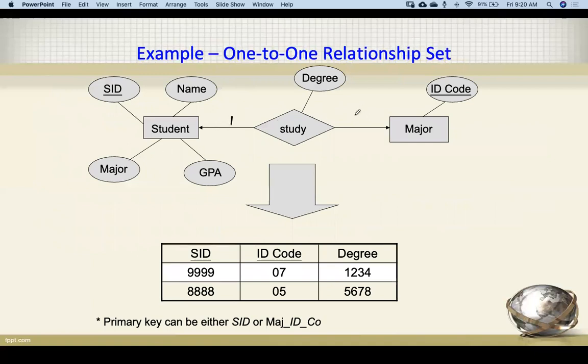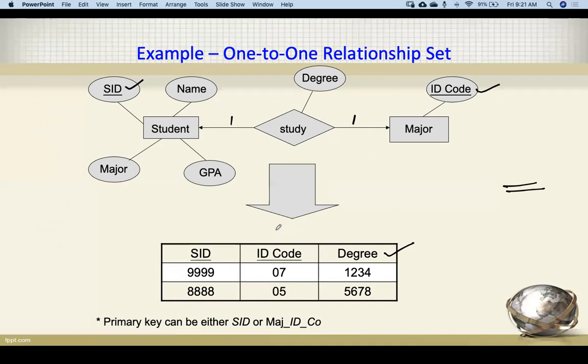This is a one-to-one without total participation. There is no total participation, right? Total participation means there should be two lines, but it is only one line, so it is not. So this is the first one. How can we make this relationship into a table? When converting this relationship into a table, first take the attribute of its own. The attribute is degree, and we'll take the primary key of the left hand side and the primary key of the right hand side into the columns.